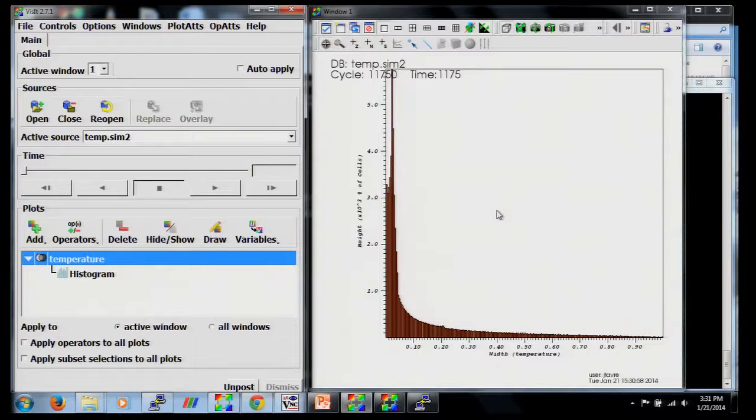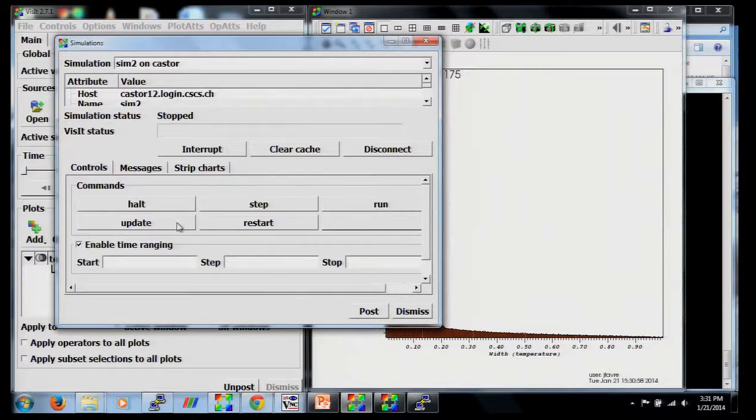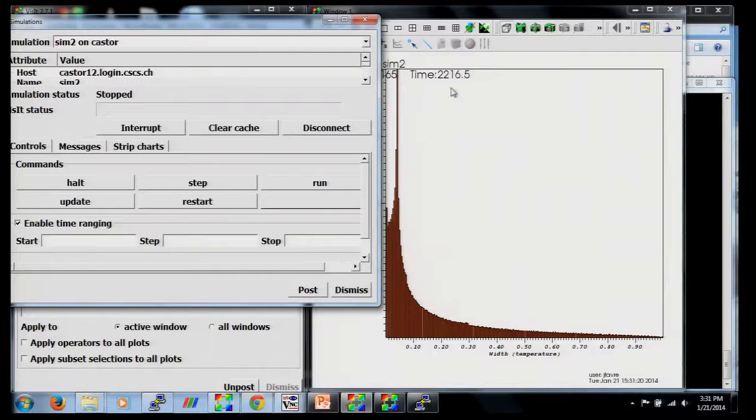What do we see in this particular graph? We see that we are at iteration number 1175. If I run again for a little bit of time and hold, I will update my, see now I'm at iteration 2000, etc. I will run and update,